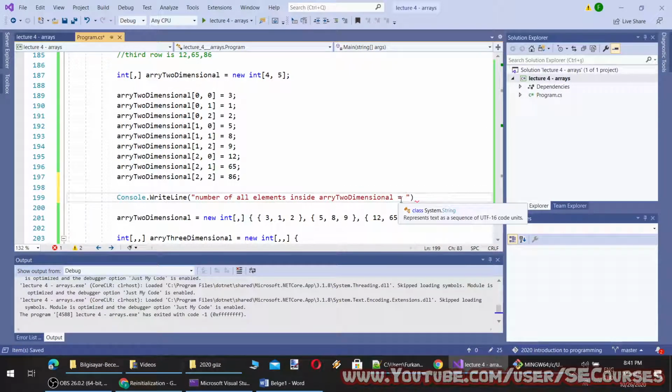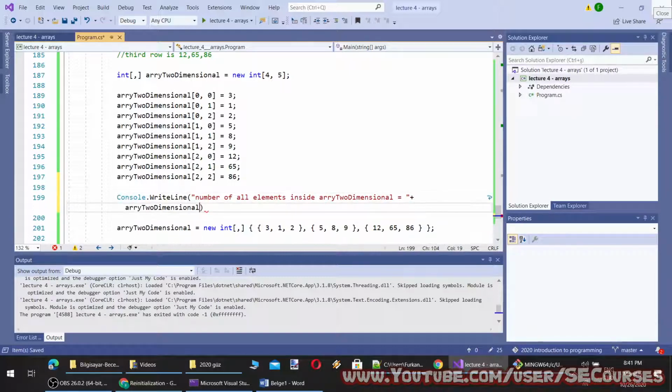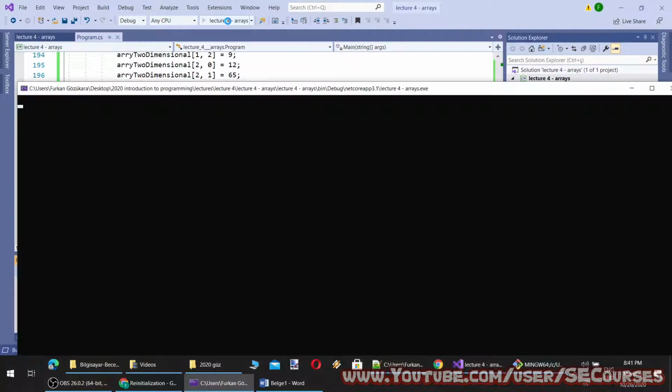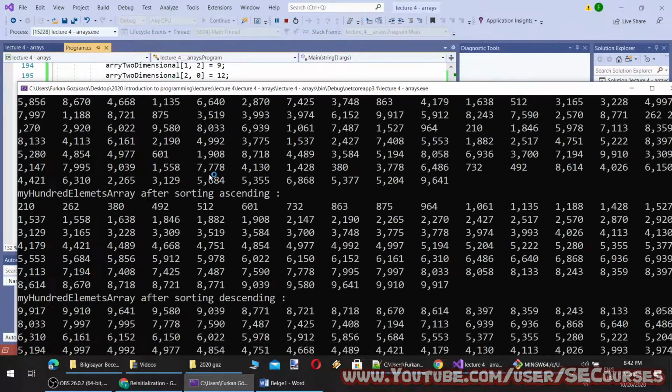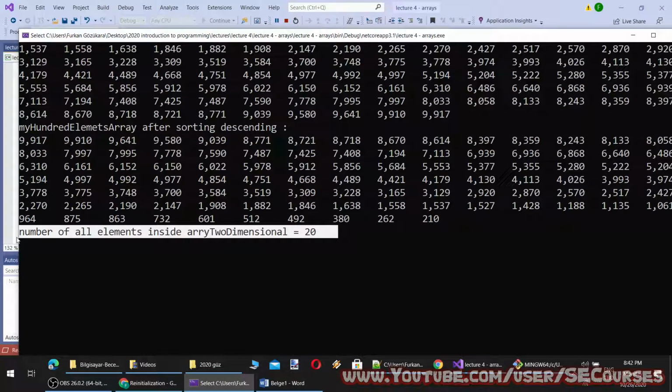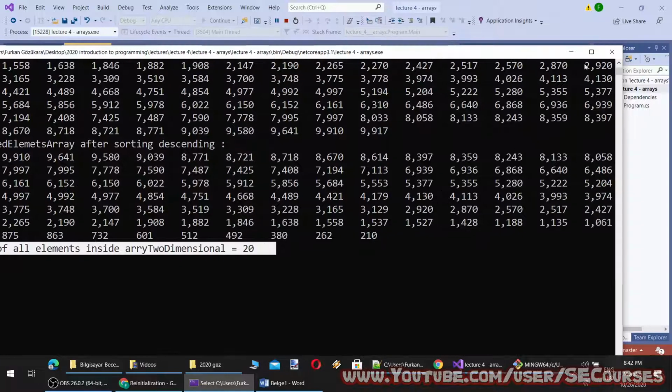Equal to line. So what will this print? This will print 20. Let's run it. You see, number of all elements inside two-dimensional array is 20.